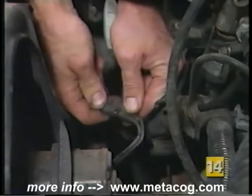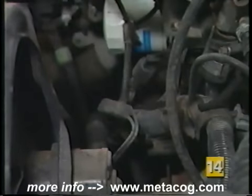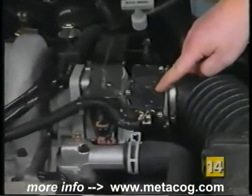Reconnect the electric fan connector or reinstall the fuse if earlier removed. On many late model General Motors vehicles,